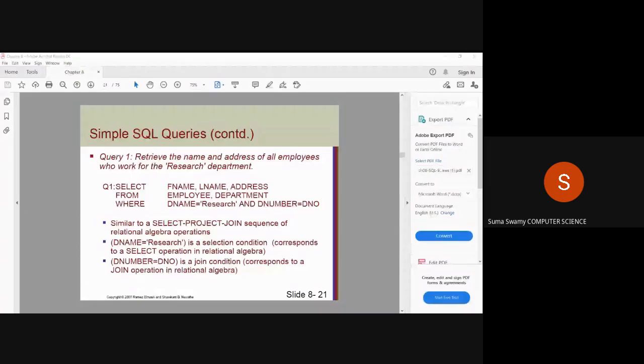Pawan, Prabal Gupta, Pranjal, Prasanna, present, ma'am.